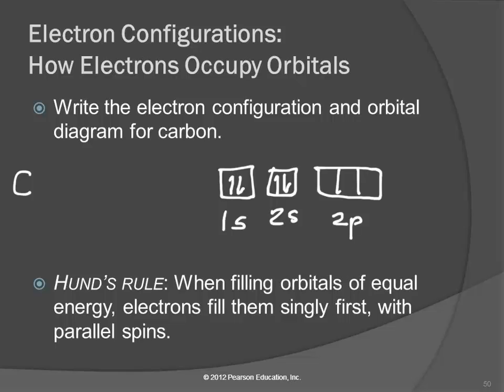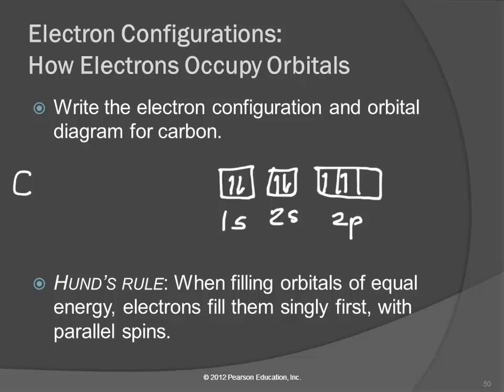So the electrons will do the same thing. If possible, they're going to get an orbital all to themselves. And that's what Hund's rule says. When filling orbitals of equal energy, electrons fill them singly first, and then with parallel spins. So we've accounted for 4 of carbon's electrons, and so we're going to go in like this. They're going to go in with parallel spins, and they're going to take their own orbital if they can. That's the